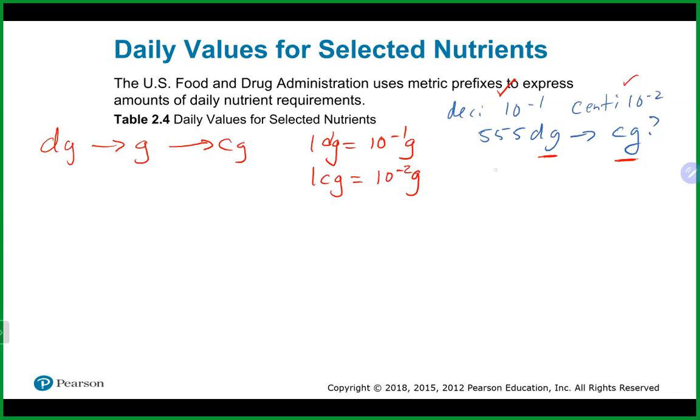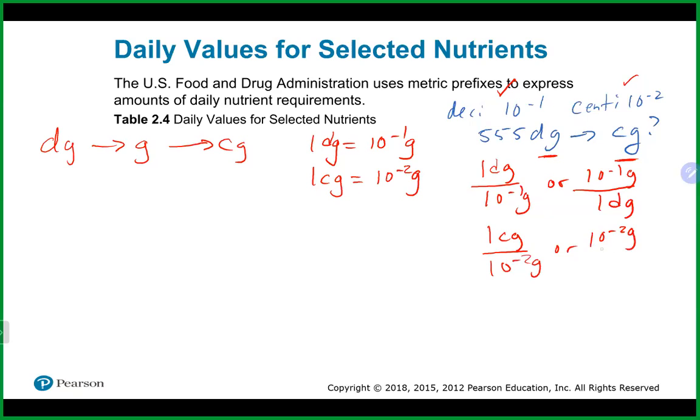From each of those, you could have two conversion factors: 1 decigram over 10 to the minus 1 grams, or 10 to the minus 1 grams over 1 decigram. For the other conversion, you could have 1 centigram over 10 to the minus 2 grams, or 10 to the minus 2 grams over 1 centigram. So again, here we're just going to do a conversion and go opposites of the units to make sure everything cancels out correctly. We're going to start with the number that we had, which was